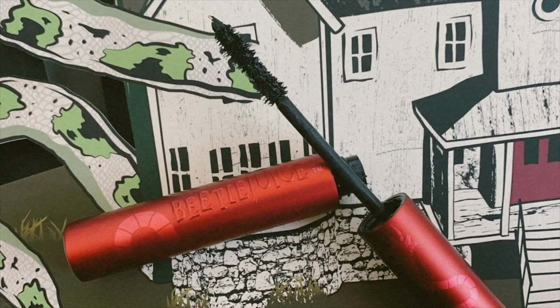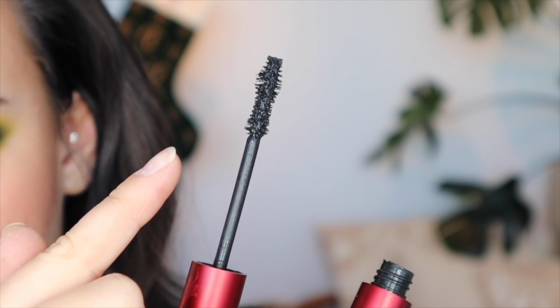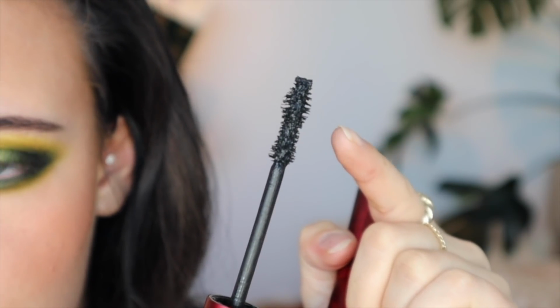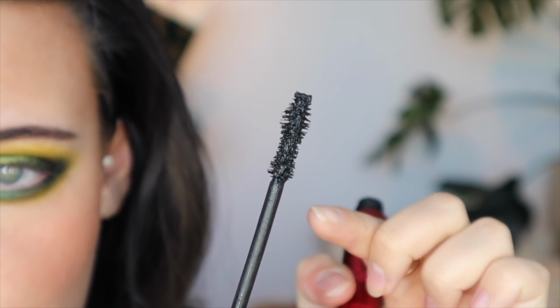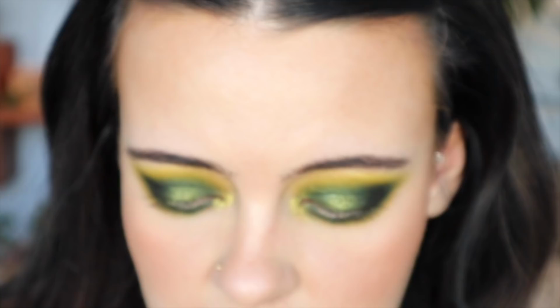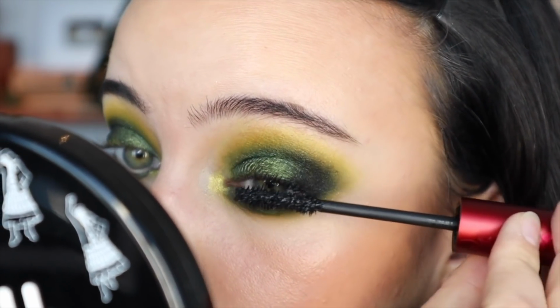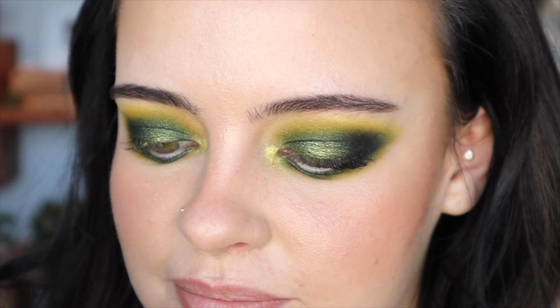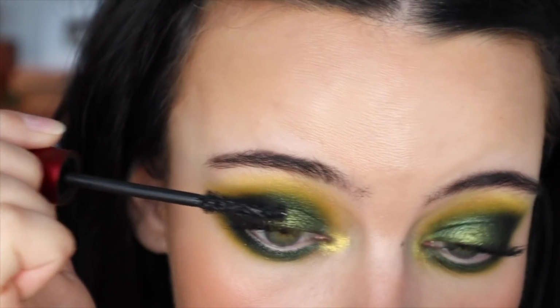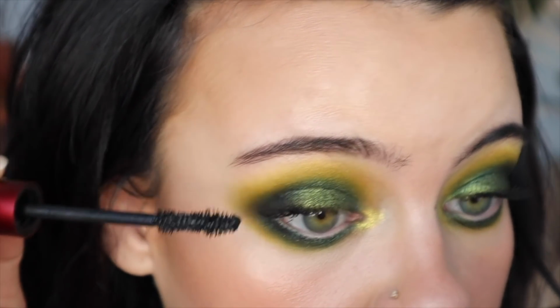So now I'm going to use their mascara, which I actually really like. I find the wand to be quite unique as well. It does have an hourglass shape, but it's a lot smaller of a brush, and the hourglass shape is shifted towards the bottom of the wand, and there's this nice little almost round ball at the end. I haven't seen any mascaras like this, and it's nice and volumizing too, which I do really like, especially when I do more intense eye looks like this one. I really appreciate that this isn't a huge hourglass shaped wand, because usually with the other ones I always hit